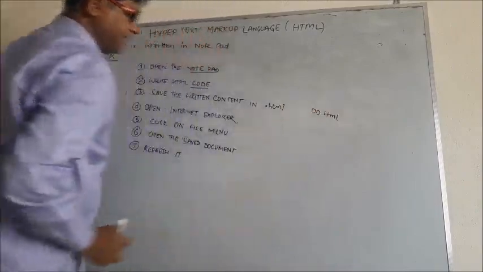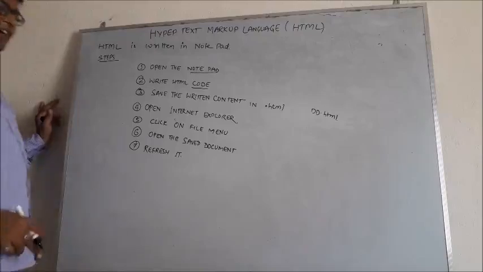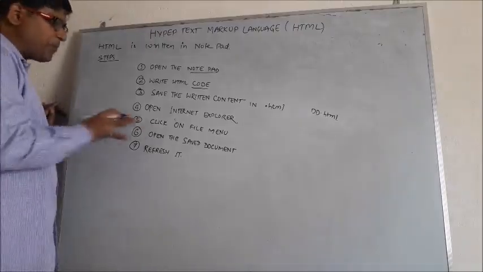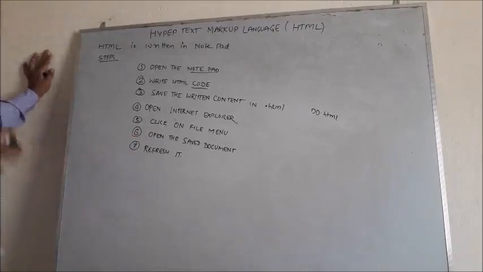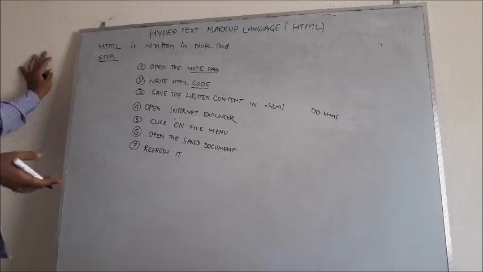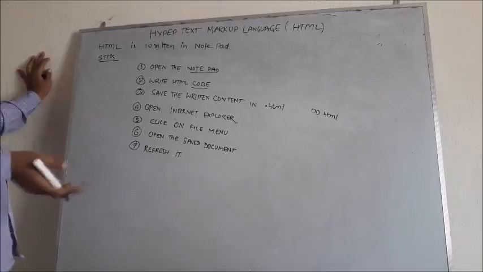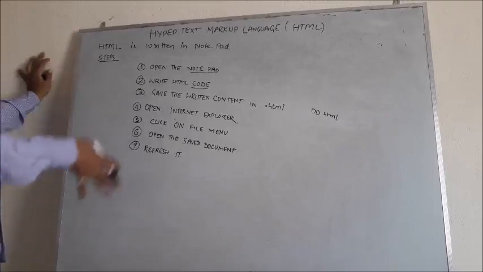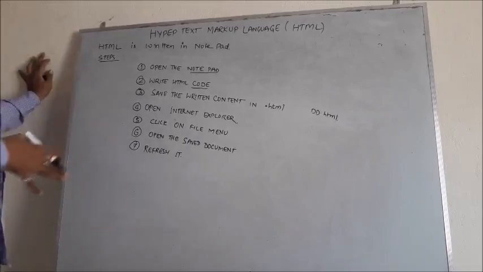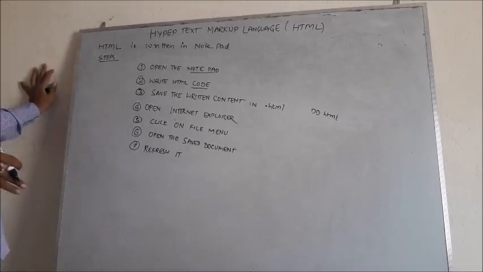Now, after saving it, say suppose I have saved it as dd.html. Okay, fine. So now what you have to do is open Internet Explorer. Here, make sure you don't have to be online. It can work offline also, right? Because first of all, you have to design the web pages, then only can you deploy them on the internet. So everything I am teaching here right now is applicable in offline mode only, right?